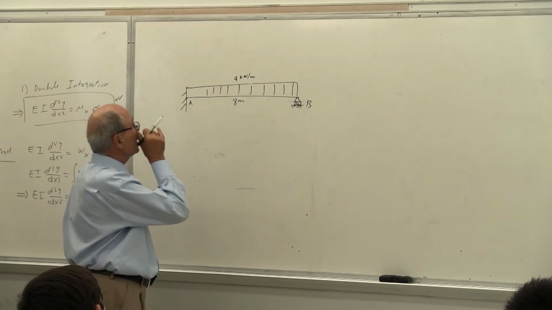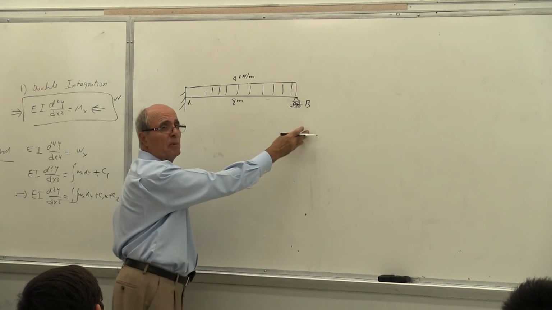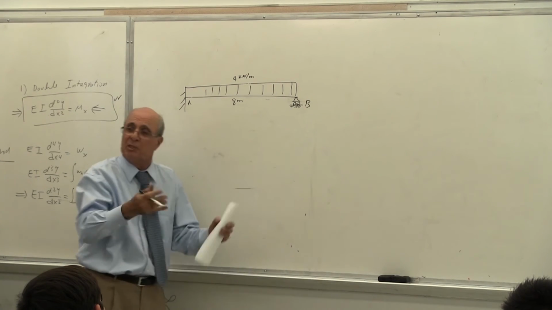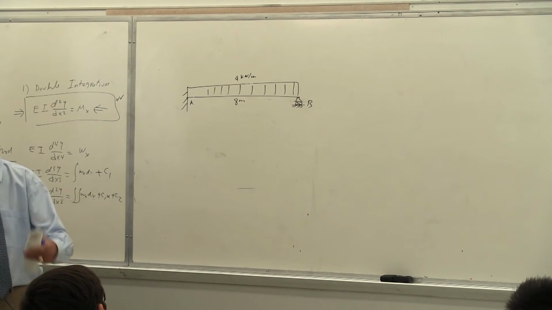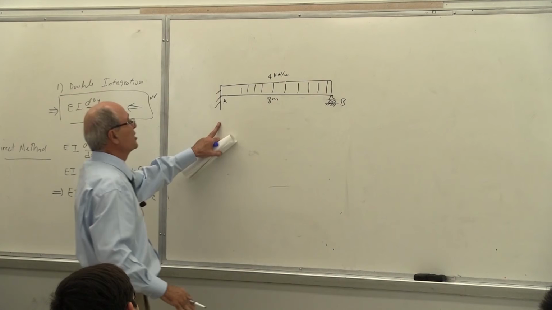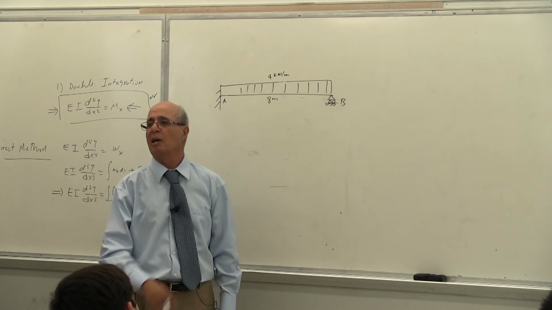So some of them do this. They take moment about here, then they see they have too many unknowns, then they take moment about B, and then they make a mistake, plus or minus, then it becomes an independent equation, then somehow they come up with a number. They come up here, let's say 18 and 14 there. Everybody understand what I'm saying? That's what I'm talking about.